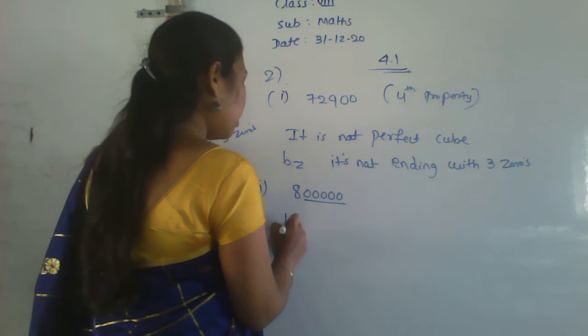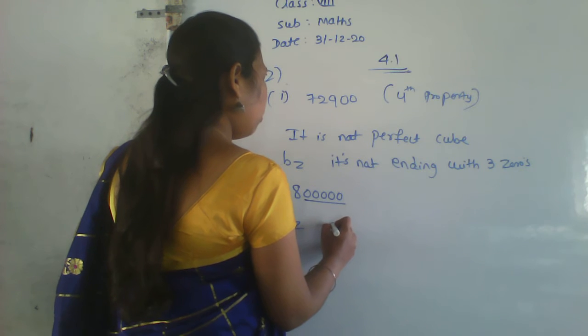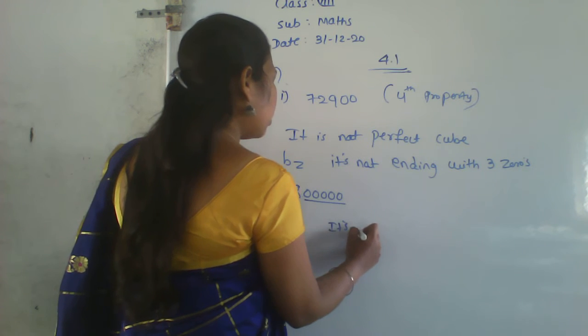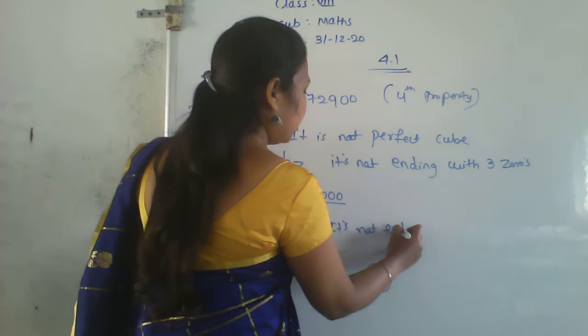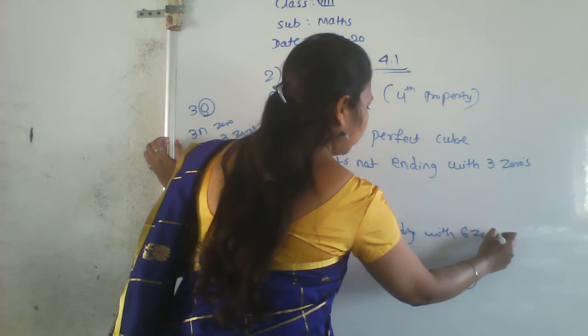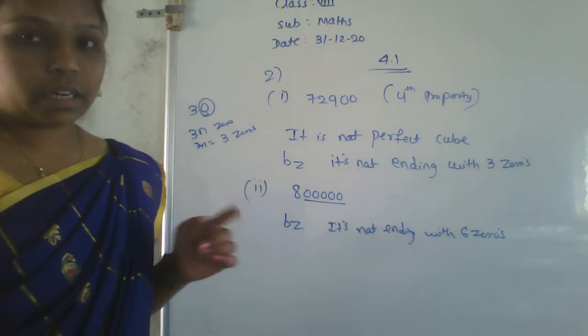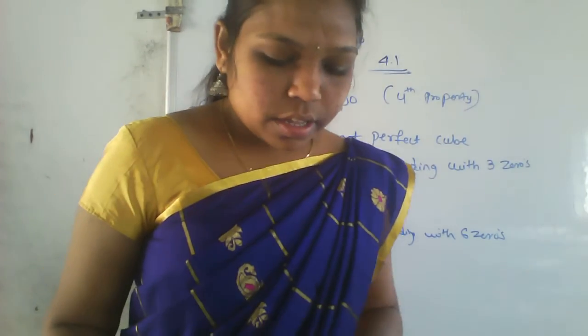Therefore, write here: because it's not ending with 6 zeros. Okay. There must be 6 zeros. Then only it is a perfect cube number. Otherwise, it's not perfect. Okay. Next one is a